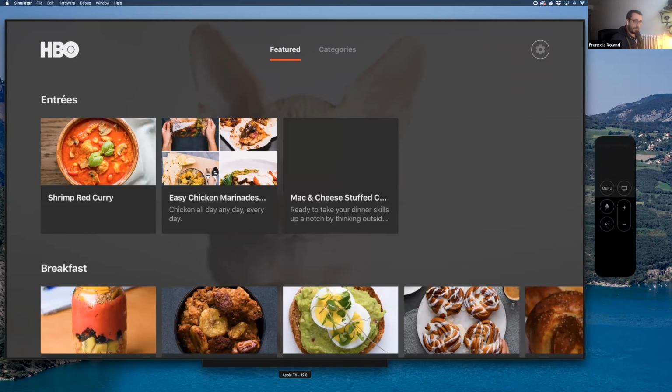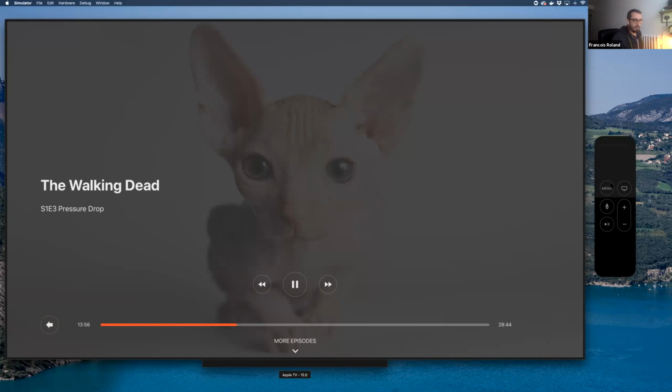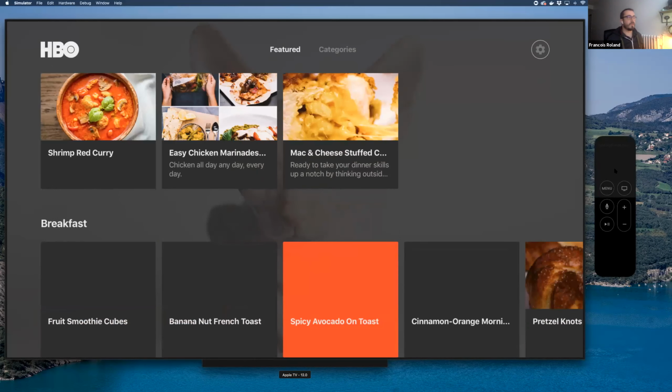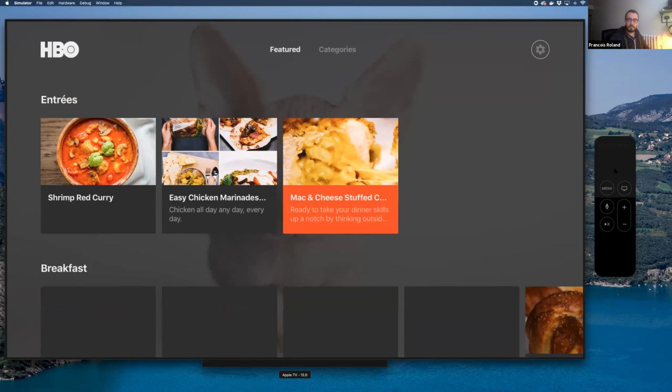And after a few seconds without interacting at all, these controls will disappear and let you enjoy your viewing experience like that. Now, if you interact with the remote in any way, it will bring back the controls. And if you trigger the proper action, which, like I said, the TV remote is really buggy, but yeah, like that. So when you trigger the proper interactions, it will bring you back into the discovery mode.